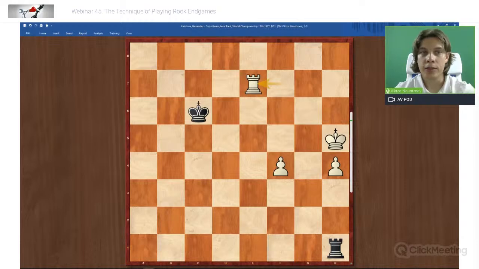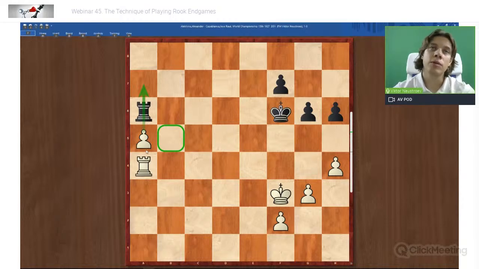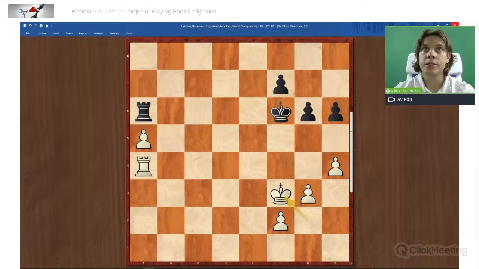Okay, so let's go back to the very beginning and I'll quickly repeat the idea. So first, we are going to the king side to try to support the pawn with our king. If he doesn't allow us to do that, then we should find a way to move our king to the other side and take his pawns. Because every time he could capture our pawn and trade the rooks off, he would pass the game into an absolutely losing pawn ending because his king will be so far from the king side. Okay, fine. And of course, the other thing that I want you to remember is that